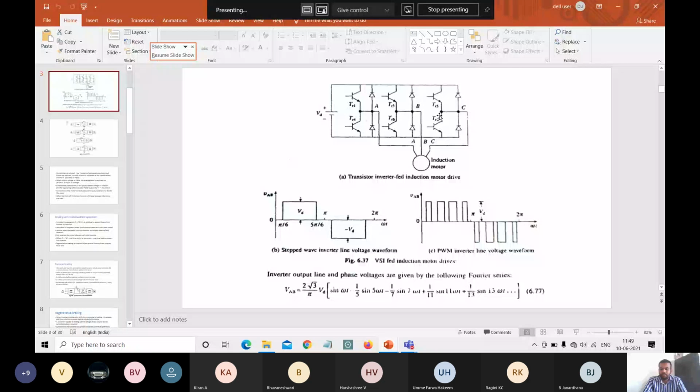Now the phase sequence of the inverter will be reversed. The output voltage will be reversed by interchanging the firing pulses between the switches of any two pairs. So regenerative braking, or any other kind of braking, will be done by just interchanging the pulses, the firing pulses between any two phases. The pairs are TR1, TR4, TR3, TR6, TR5, TR2.